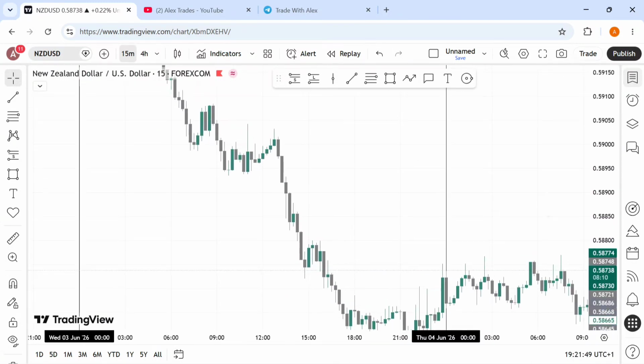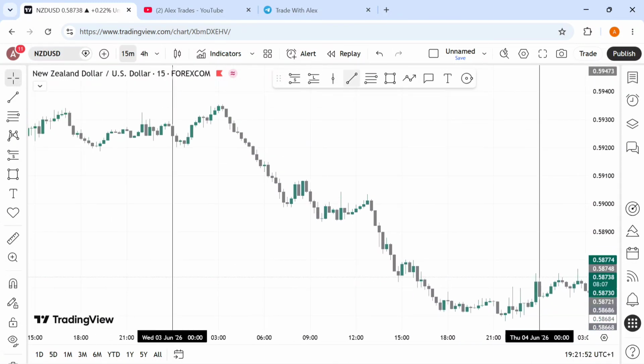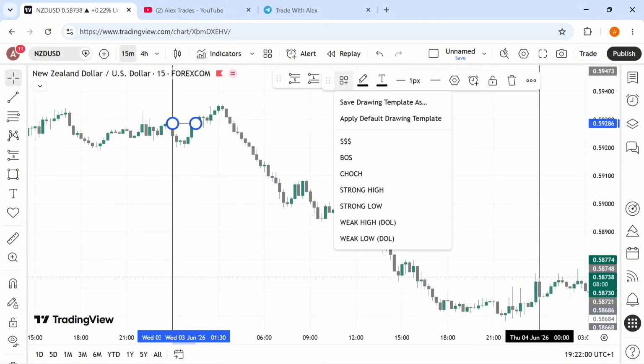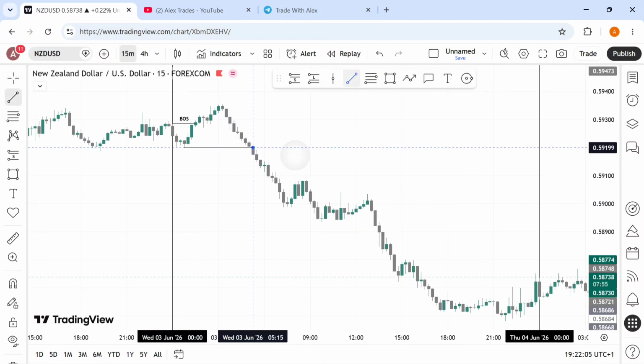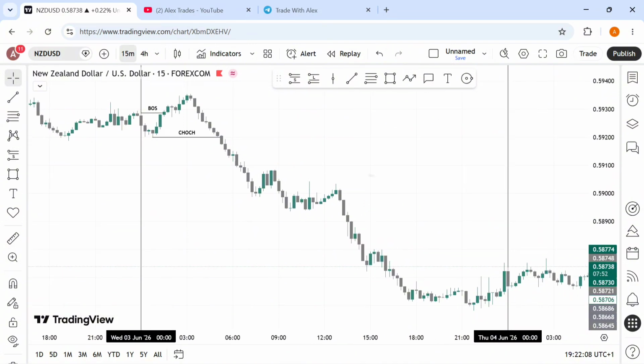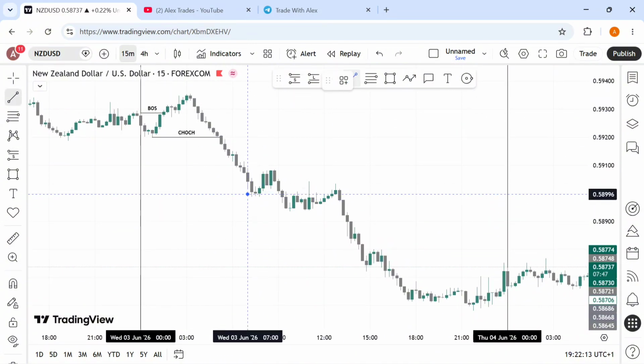And we move over to NZD/USD. From the looks of it, it seems it's only gold that had a trade. Anyway, let's just continue. This was our break of structure, change of character. There wasn't any valid zone because there's no impulsive candle away from it. Price came here to break structure again,